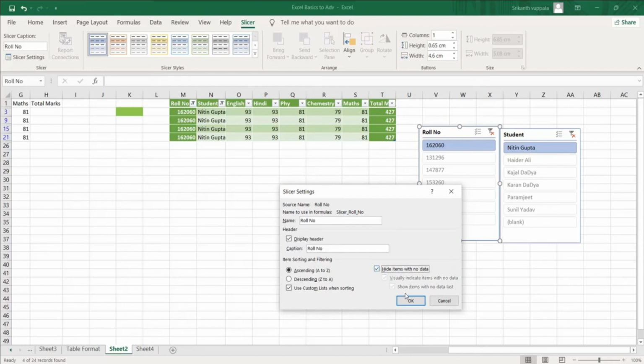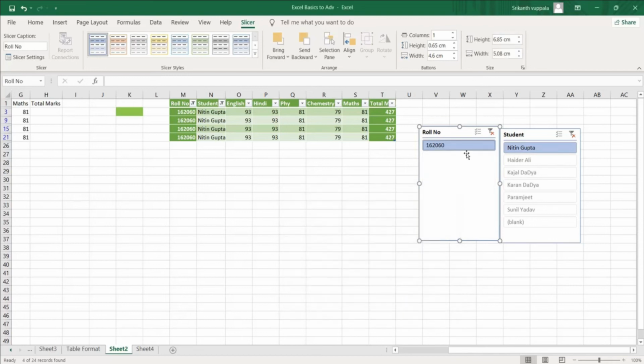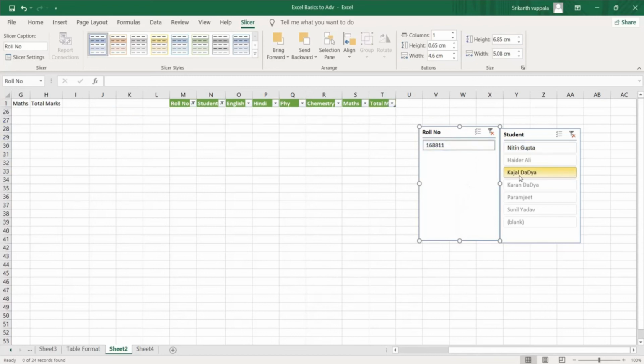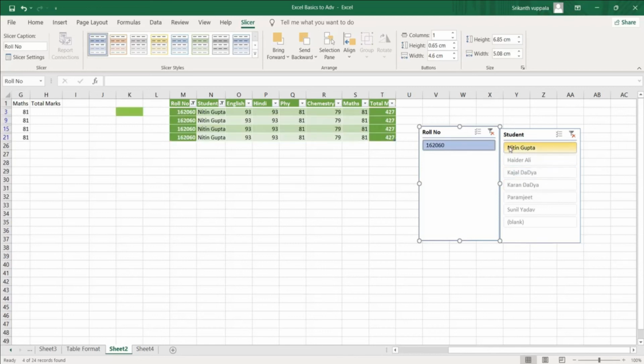Click on that and click on OK. If I click on Kajal, only Kajal's hall ticket number will be available here. In this way you can hide the remaining information also, right? So this is how you can use the advanced filters.